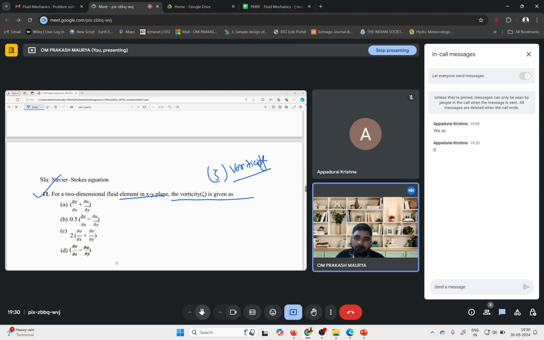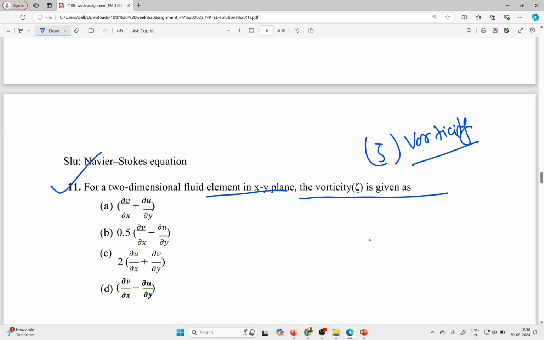Okay, we are talking about here the vorticity. So let me discuss. Vorticity is nothing but 2 times your rotation omega. So first of all, how do you calculate omega, that is your rotationality. So omega is nothing but half